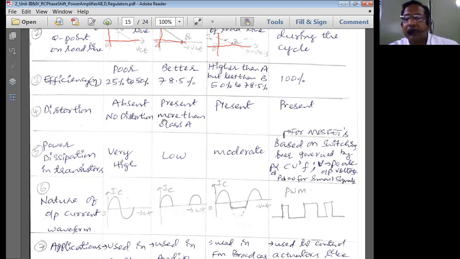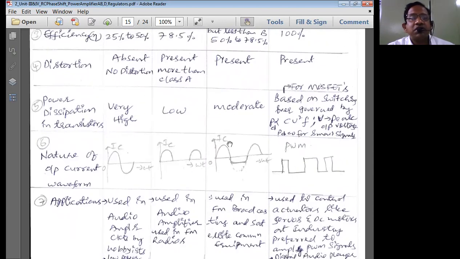Let us come to the class B type of power amplifier. In class B, distortion is present, which is definitely more than class A type of the power amplifier. That means if you apply 0 to 360 degrees phase of the signal, we get output only from 0 to 180 degrees. That means only half of the signal we are going to get. So there is a distortion present in the class B type. Class AB is simply a modification of class B, so definitely distortion is present in the class AB type of the power amplifier circuits. Then class D also has distortion present.